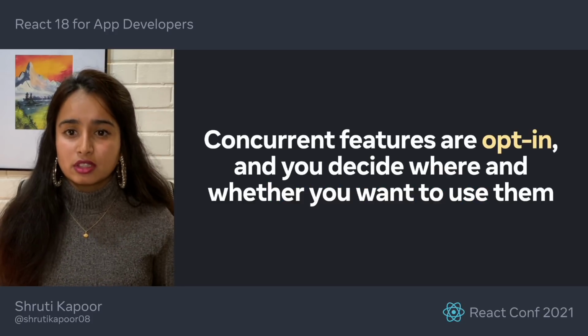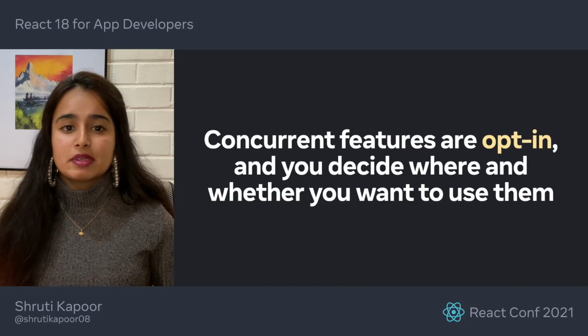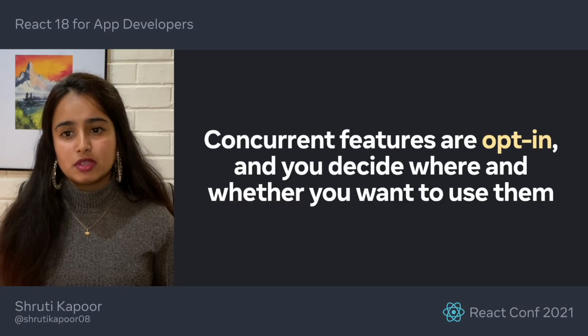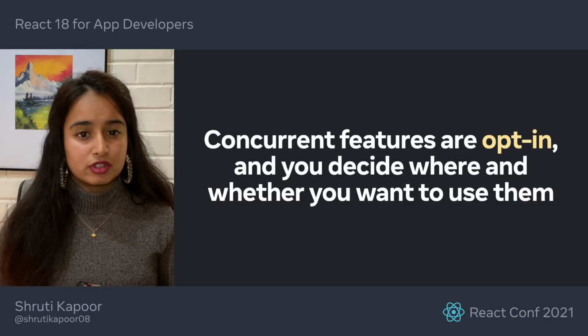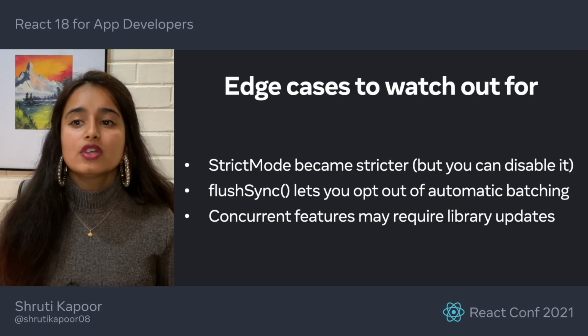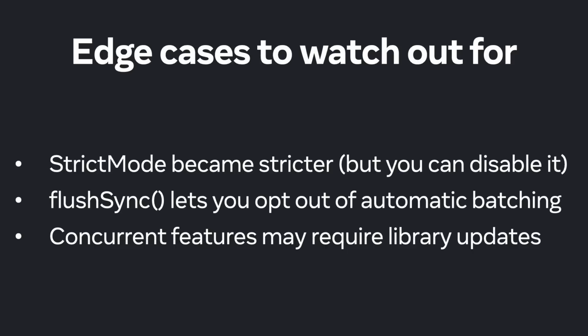React 18 introduces concurrent features, but they are opt-in. This means that if you use a library that's not yet compatible with them, you can still upgrade to React 18. Then you can start gradually using concurrent features in the parts of your app that are compatible. There are a few edge cases you might want to watch out for. A common one is that strict mode has gotten stricter, which basically means that it runs your effects more often. And if your app starts breaking after upgrading, see if your app is wrapped in strict mode, especially if you're using Create React App. You can try commenting out or removing strict mode. Then you can later re-add it when you have fixed the underlying issues of your code.